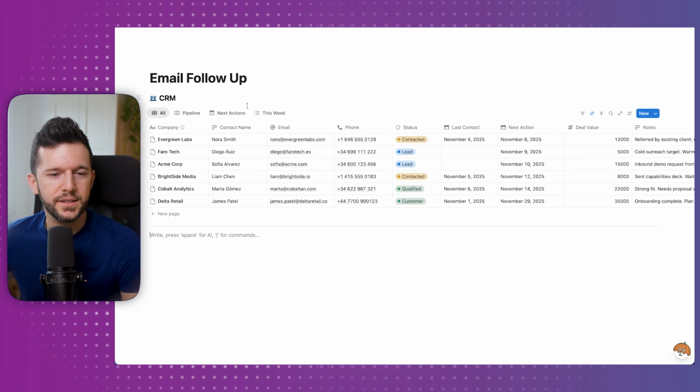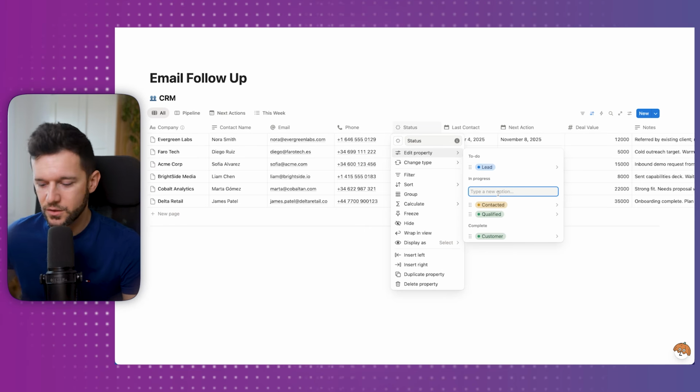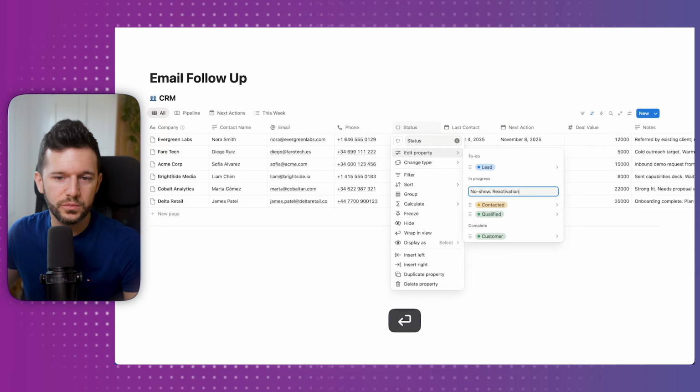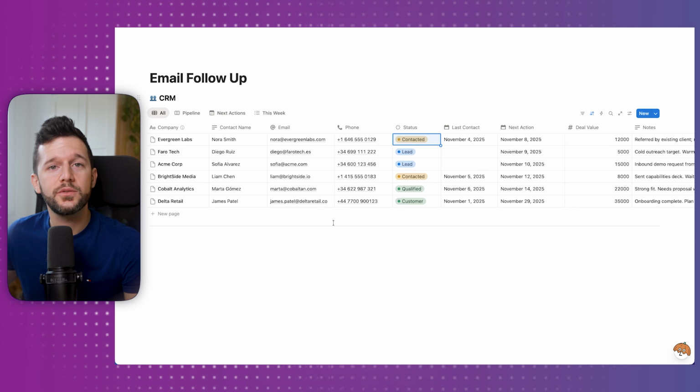So here we have a simple CRM with the emails of the people. Let's say that we have a call booked from Nora Smith, but she hasn't come to the call, so it's a no-show. And we want to send her an automated email so she can book a new call. For that, I typically have a status that is called something along the lines of no-show reactivation. So what I want is that whenever I assign this status to Nora, Nora receives an email prompting her to